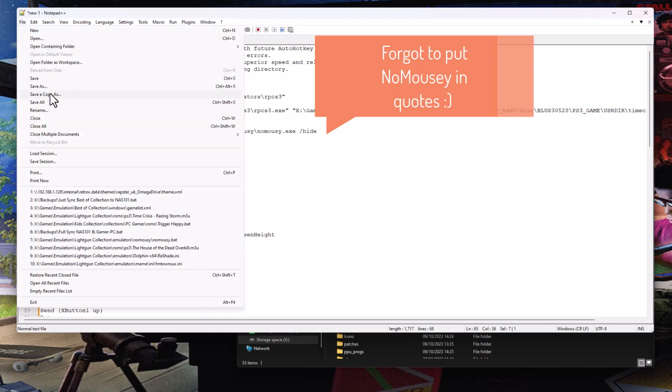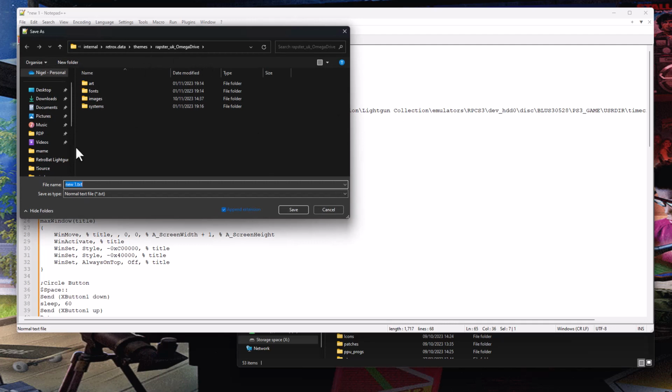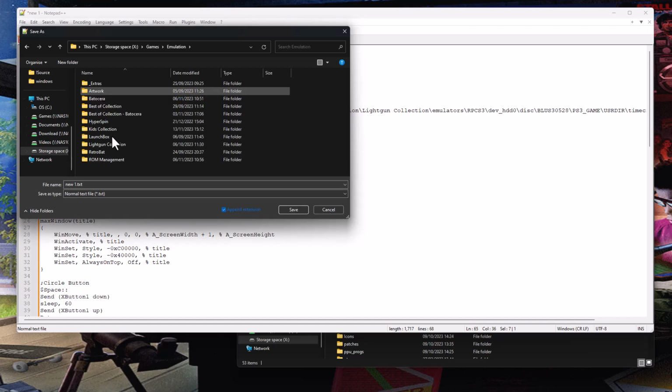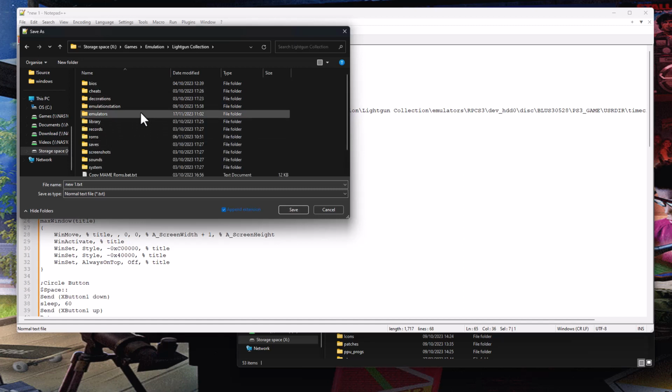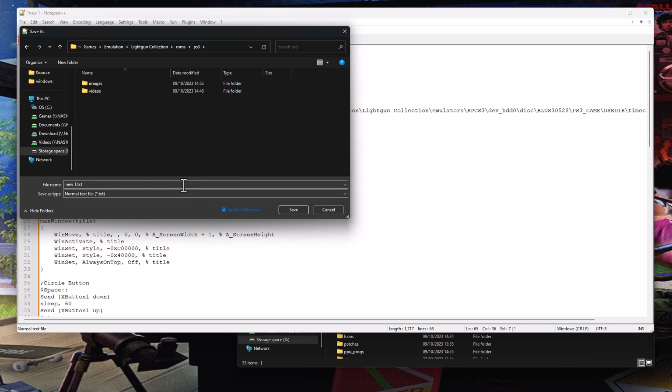So I'm going to save as. And what I'll do is, like I said, I'm putting it all in that new Lightgun collection, copy of Retrobat. So under ROMs in PS3, I'm going to call this Time Crisis 4 AHK auto hot script,